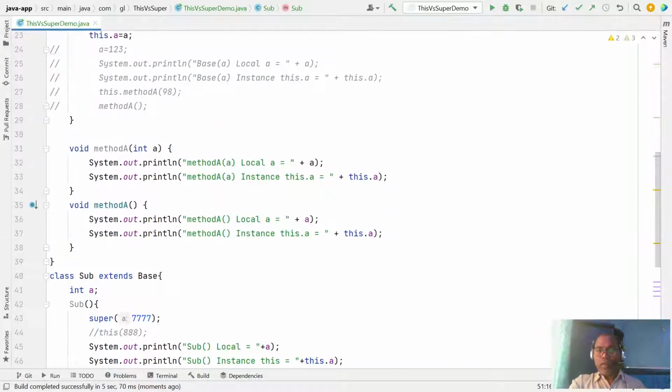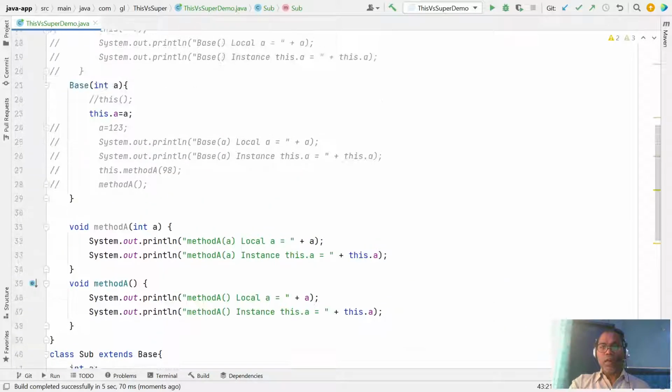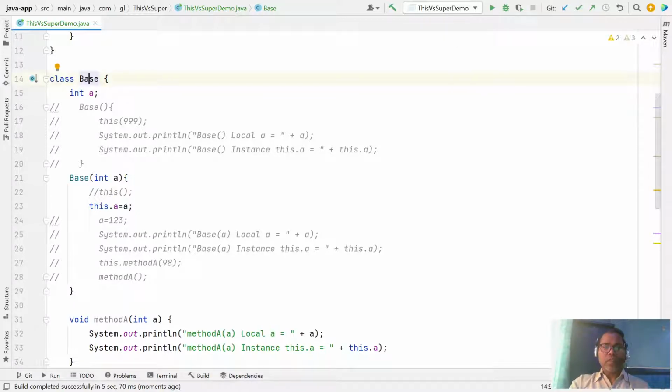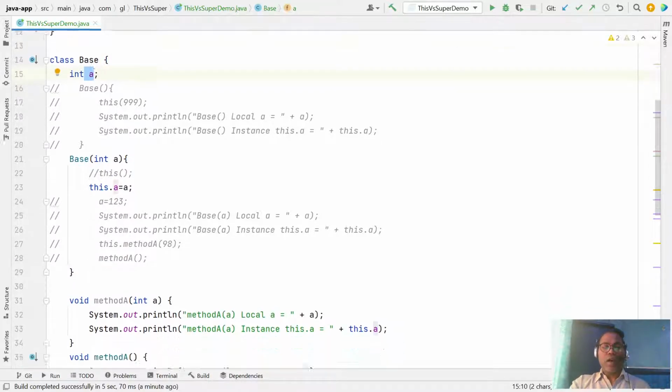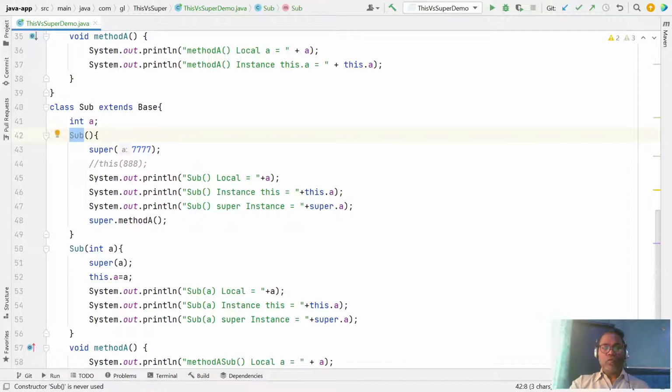This is the only problem it solves: when your base class or subclass have the same name for a variable or method. This helps us decide how to access your instance variable or instance method. So now it's clear: the this keyword is used to access your instance variable or instance method. Similarly, the super keyword is used to access the instance variable or instance method of your superclass, or to invoke the superclass constructor. The three uses: